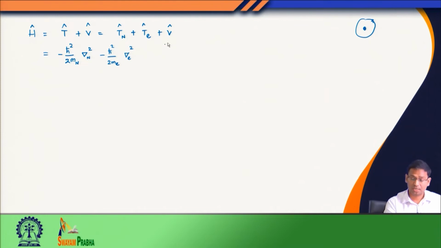Then we have the potential energy, which is a Coulombic attraction between the electron and the nucleus, and this is what we have obtained. So, while discussing this Hamiltonian, we of course separated this Hamiltonian into, since we had two particle system here, we said that okay, we can define this as